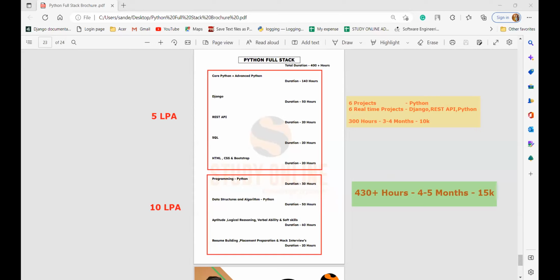And one more thing, tomorrow, day after tomorrow, as well as till Friday, you need not pay a single rupee. No, sir, today itself I'll do the admission. Well and good, that's purely up to your wish. Do one thing, guys. Take the screenshot of this. Let it be there in your mobile. Take the screenshot of this.